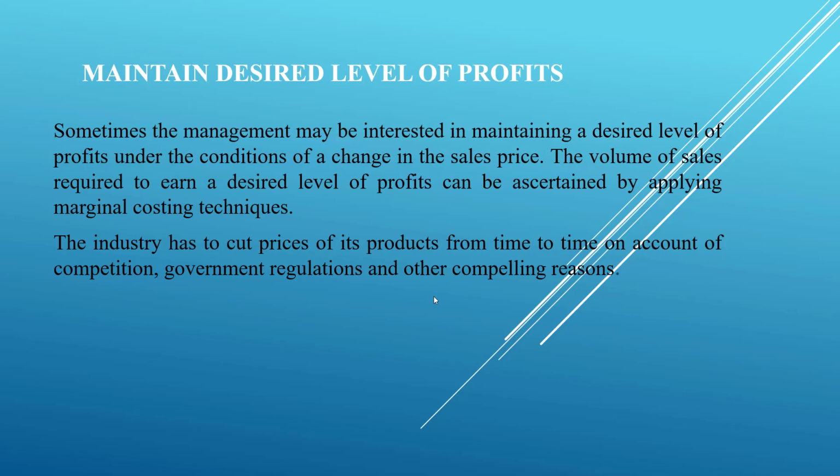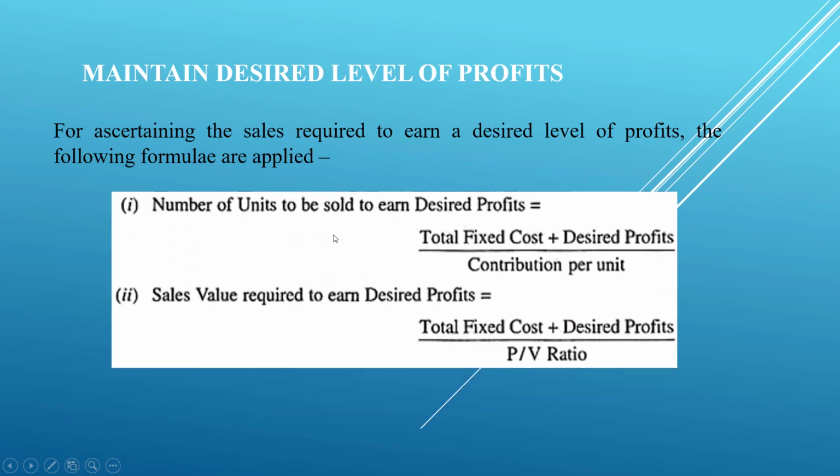So let's take the example of COVID-19. Now the pandemic is there, certain prices of products are going up. At the same time, some products are there whose prices are going down, right? So it depends on the circumstances of the economy and the market how the prices will move in the market. So for that reason, the company also has to face these problems. In that case, they have to maintain the desired level of profits. If they have to maintain a desired level of profits, the techniques of marginal costing must be used. So for maintaining this, again we have a formula.